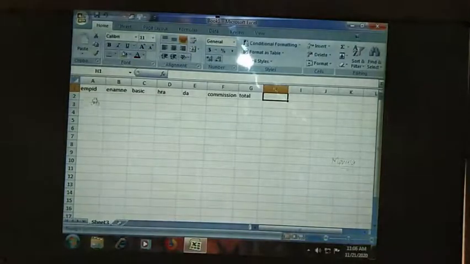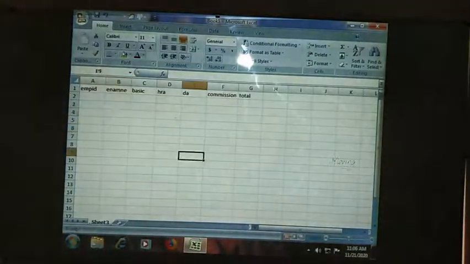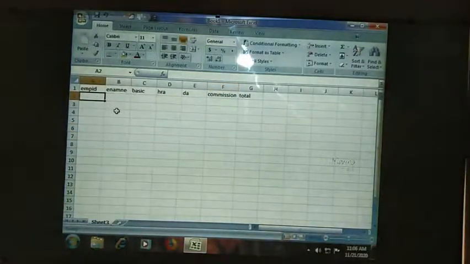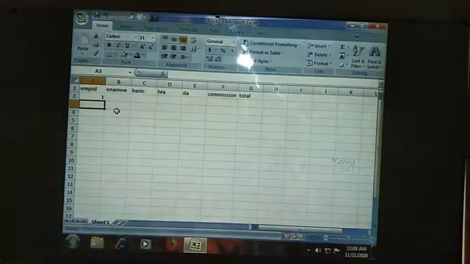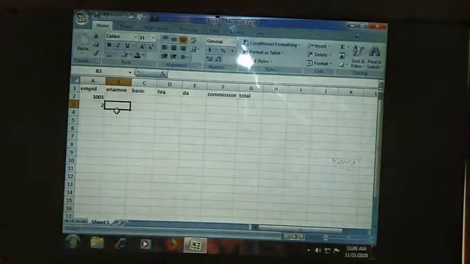Like this you people will be having some information. See, by using the mouse I am selecting the cells, and by using the keyboard I am entering the values. You can move anywhere in the sheet by using the mouse, but in order to enter the data I am using my keyboard. Consider if I want to give the values like 1001, then the employee ID 2 as 1002.